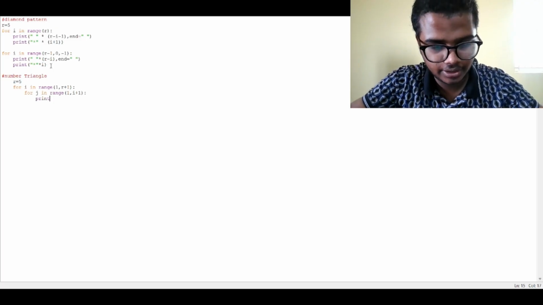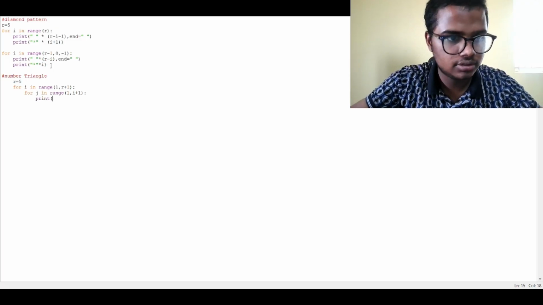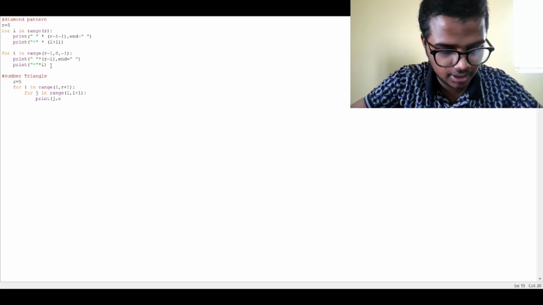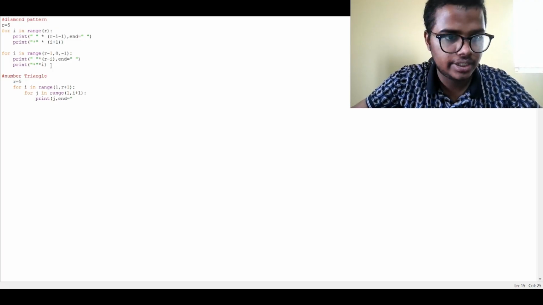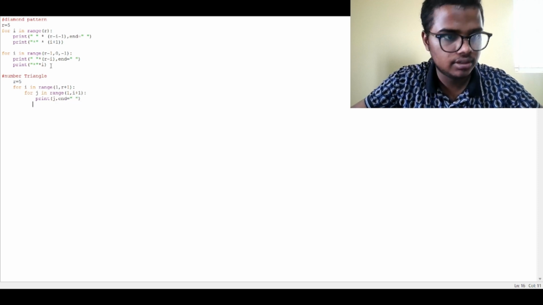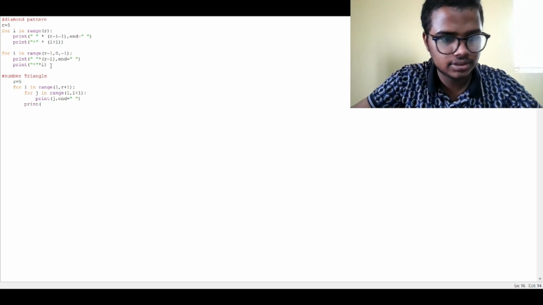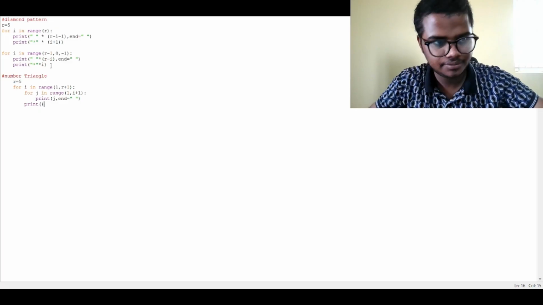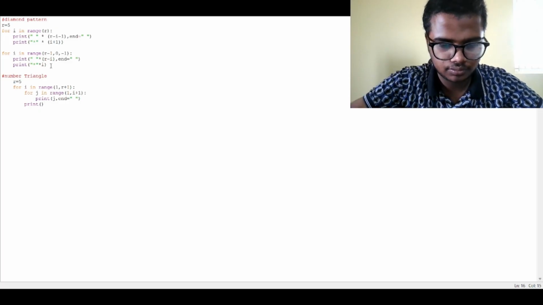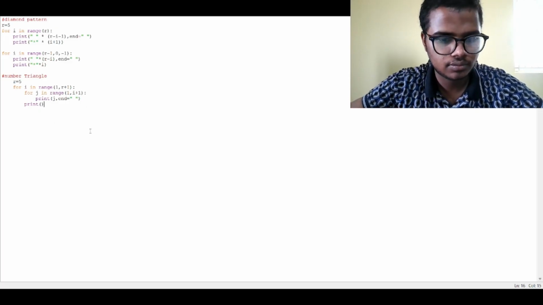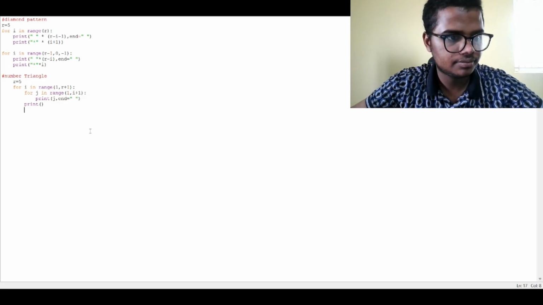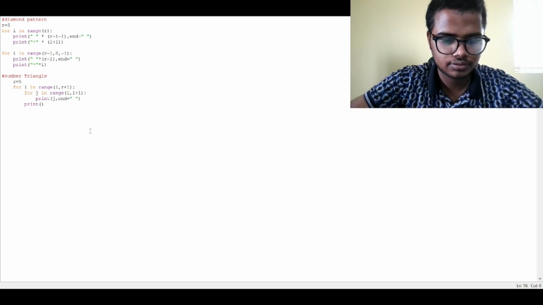Then print J comma end is equal to, then double quotes with space. Then give again print parenthesis open and close. Next is for